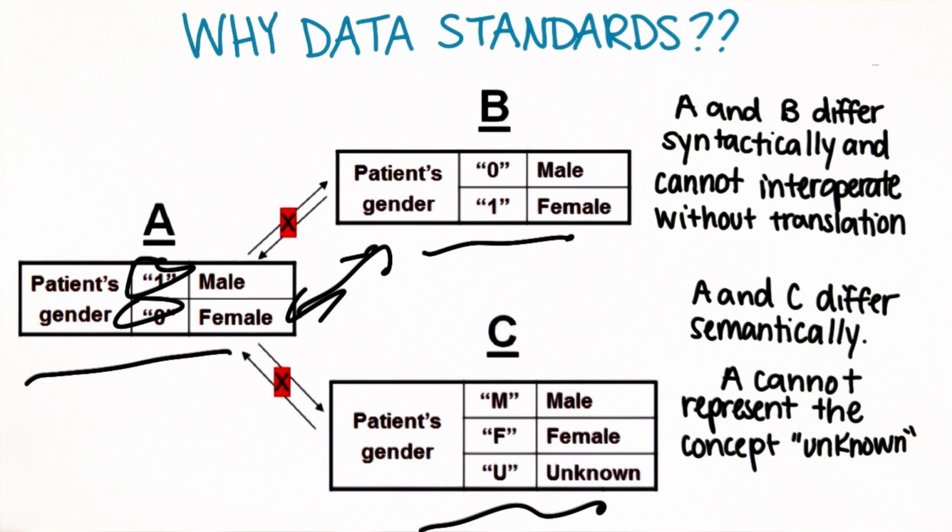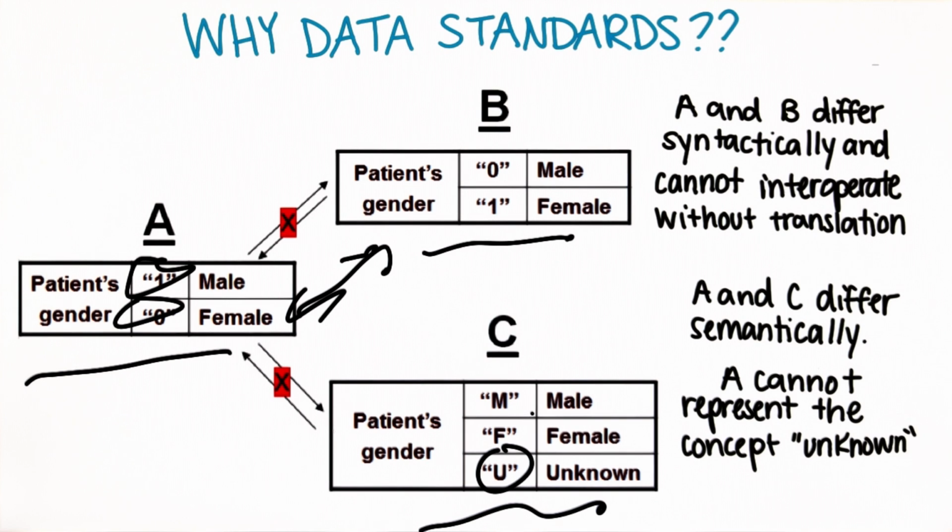Moreover, System C recognizes that gender may be ambiguous and represents that with a U, a concept the other two systems don't deal with. Interoperability between System C and the other two systems would require translation from its syntax to theirs, or translations of both syntaxes to a common form, a standard. Since patients with gender U can't be represented in Systems A and B, some accommodation for that would also have